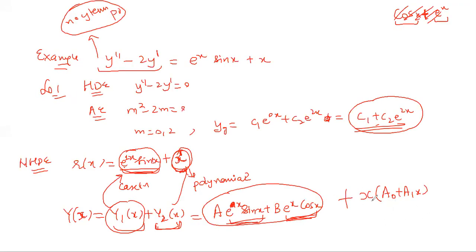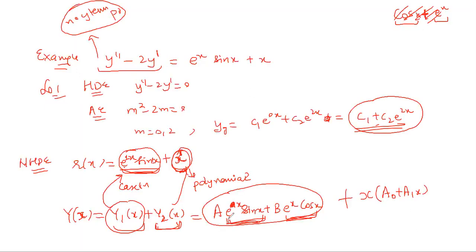So I'm writing down this big function, yx, which you have assumed. It has 4 undetermined coefficients. So I'm writing down y dash. So y dash is a e raised to power x cos x plus e raised to power x sin x. Obviously, when you differentiate, the product rule will be used. Similarly here, the product rule will be used.